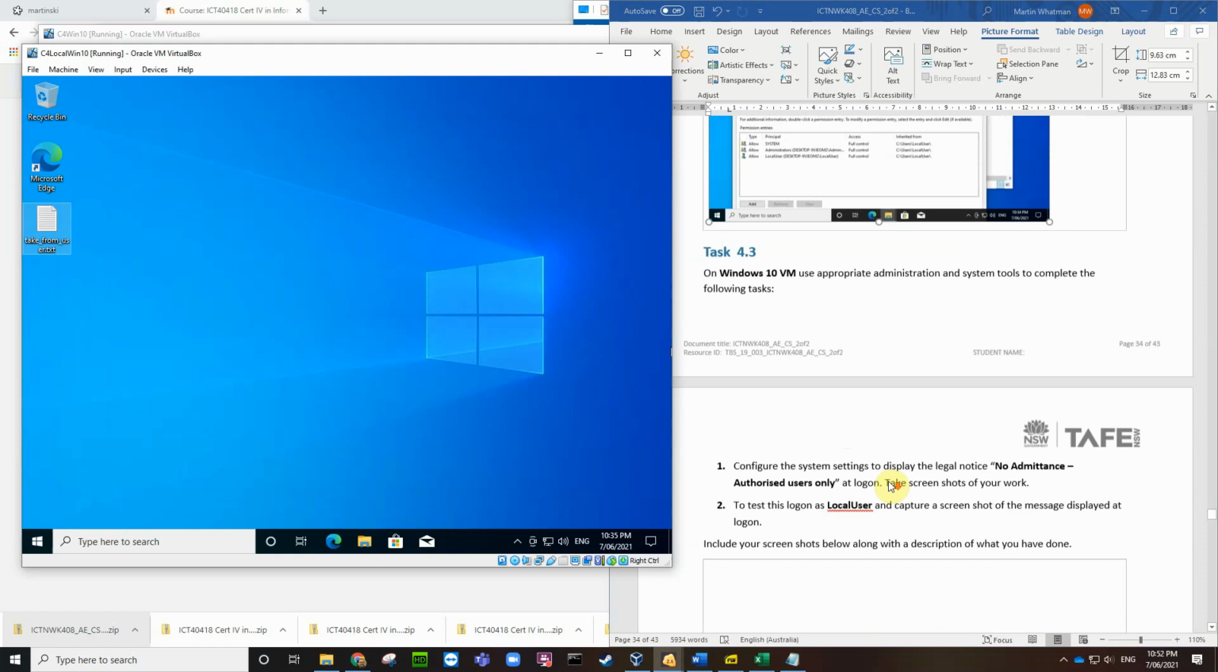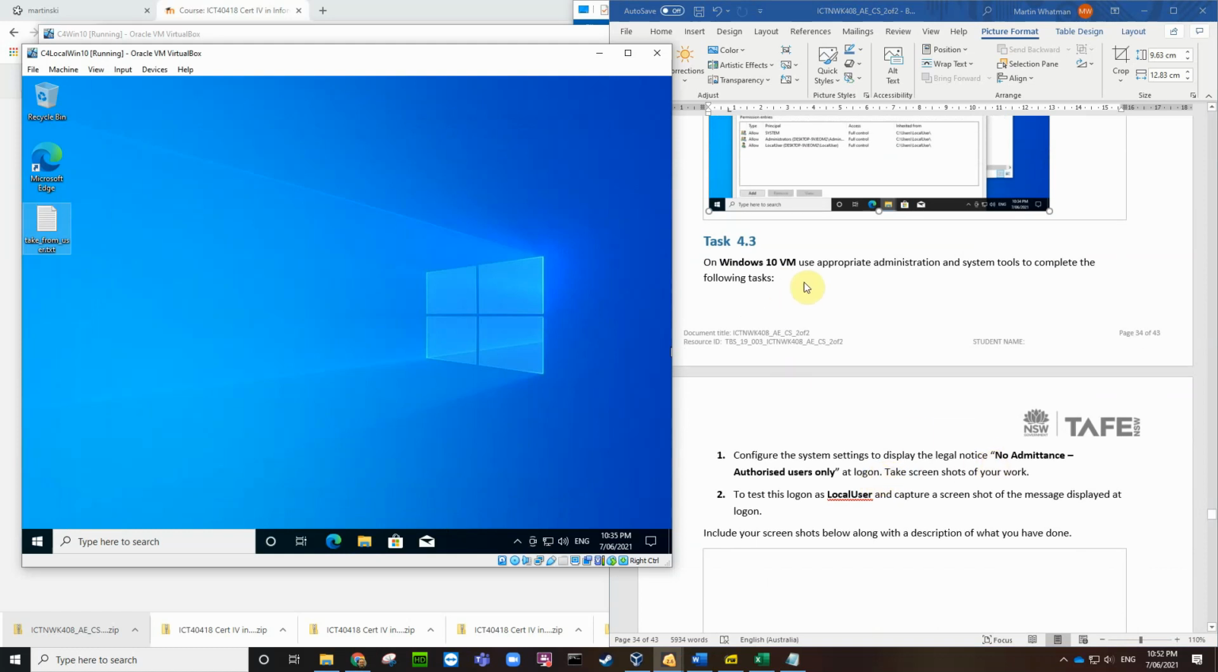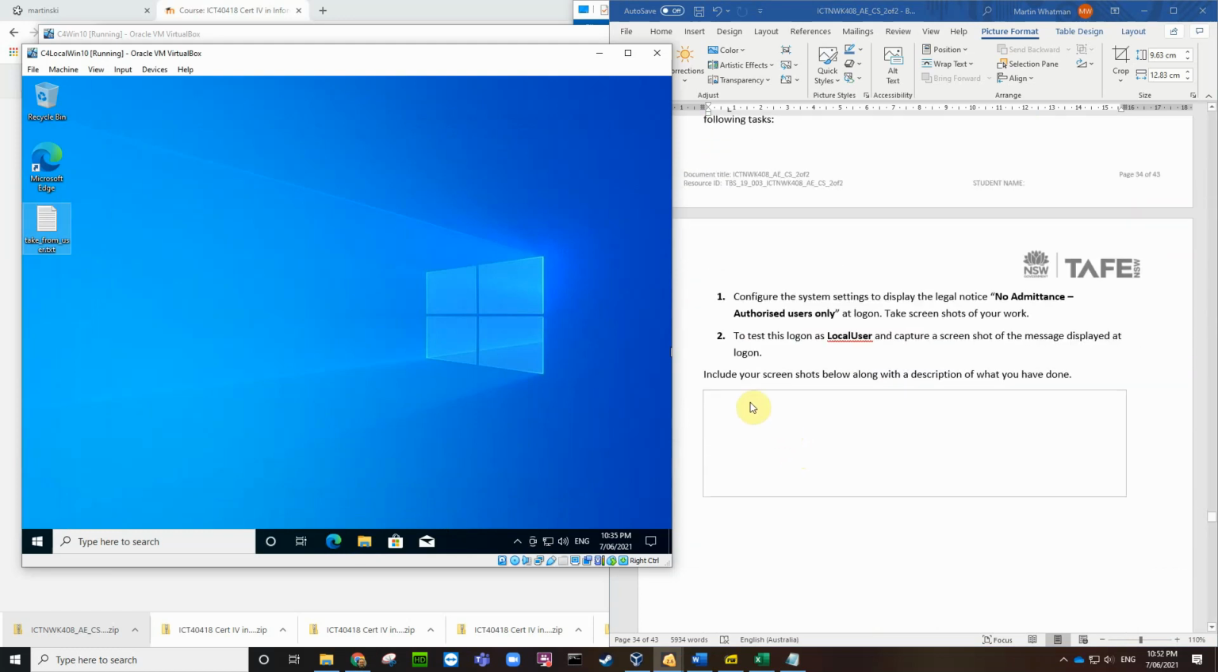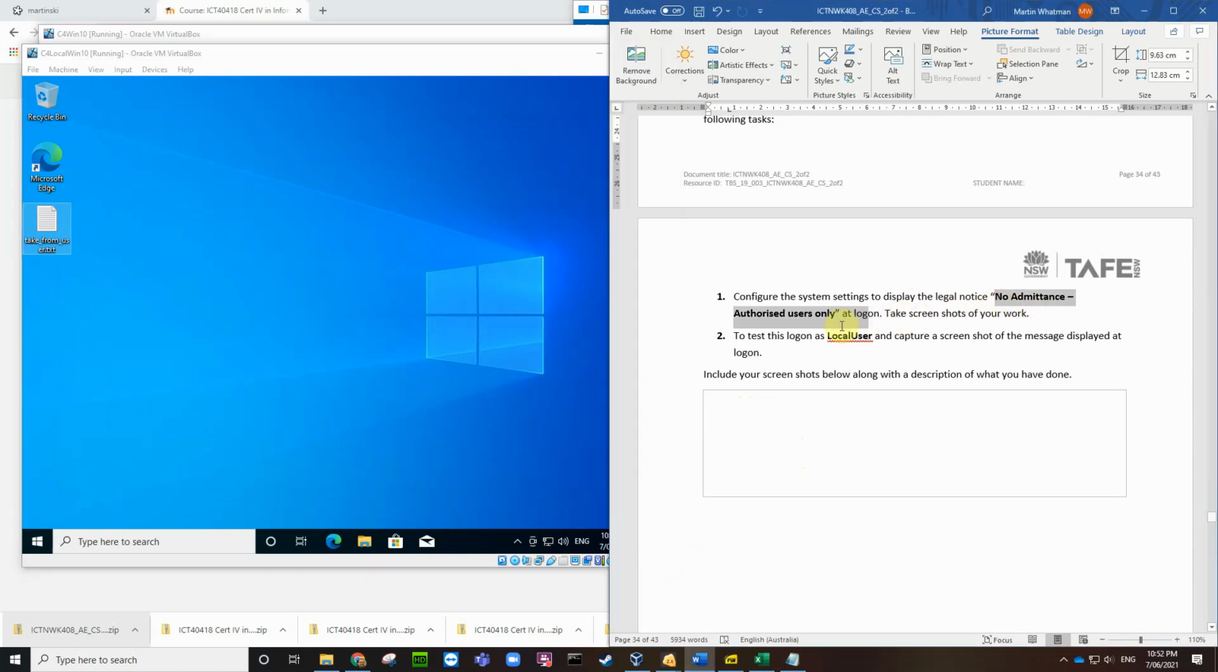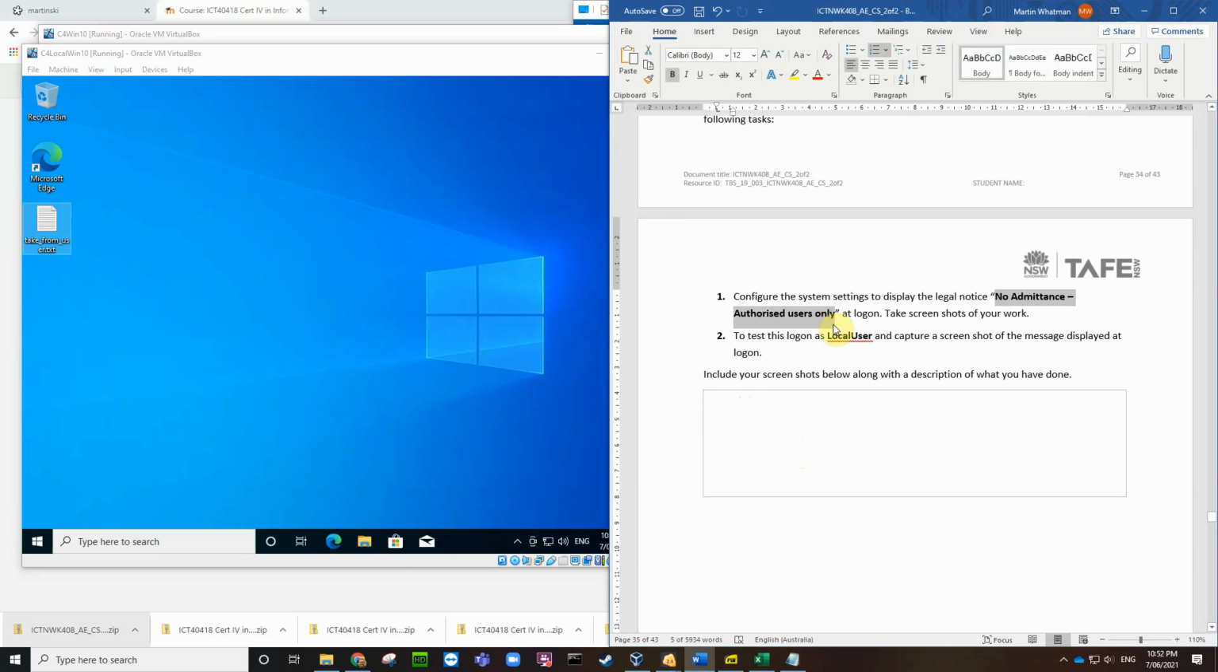Configure the system. On Windows 10, use the appropriate administrative and system tools to complete the following task. 1. Configure the system settings to display the legal notice, no admittance, authorized users only. Can I copy that? Control C. Test this on the local user and capture a screenshot of the message displayed at logon. Okay. So,